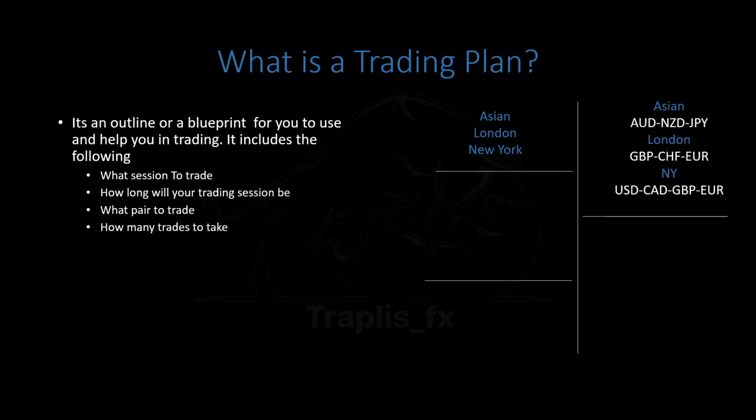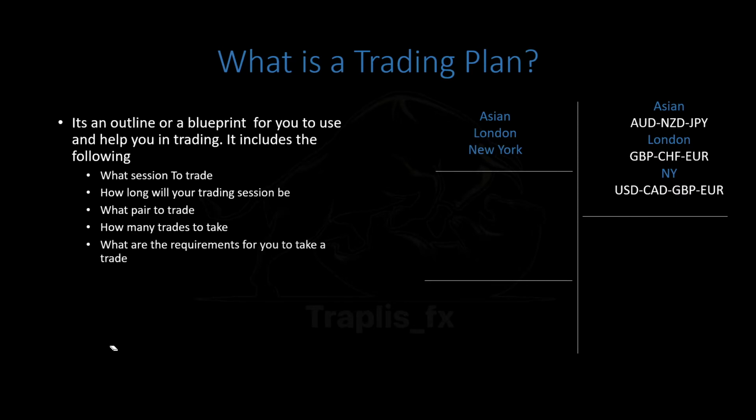Then we have how many trades are you planning to take? Are you planning to take one trade, 4 trades? How many trades are you taking during that day? For me personally, I stick with the three rule. So basically, either I get 3 wins, 2 wins, 1 loss, or 2 losses, and I call it a day. That's the three rule basically. If you use this, then it should make things easier and it wouldn't complicate things. So that's something you should look into. How many trades are you willing to take a day?